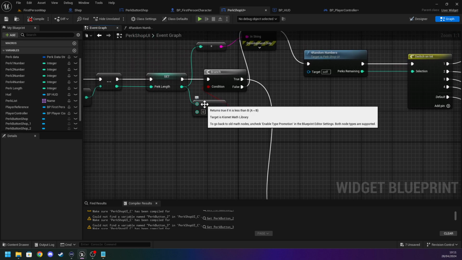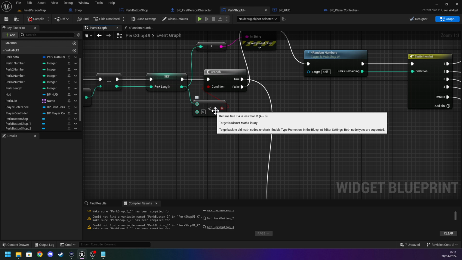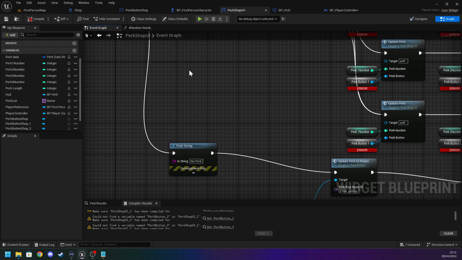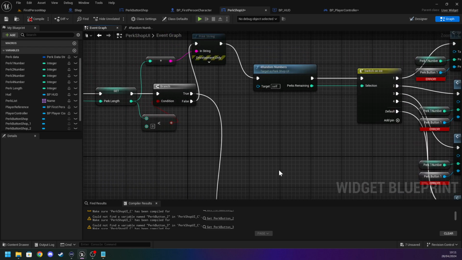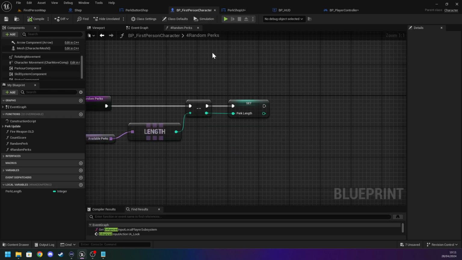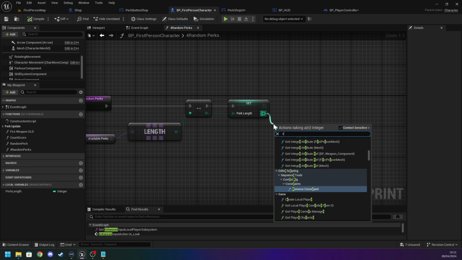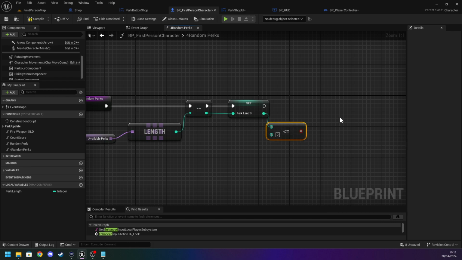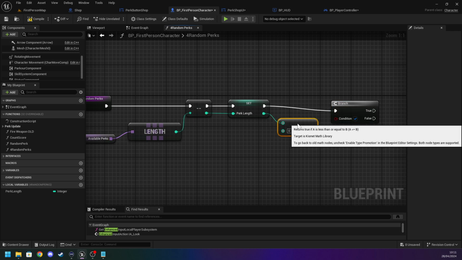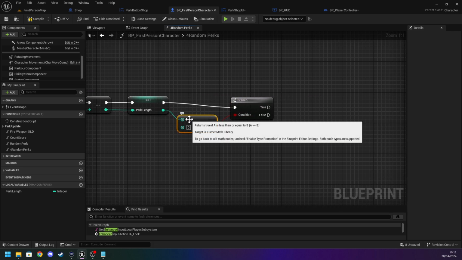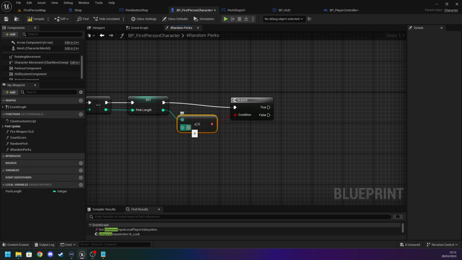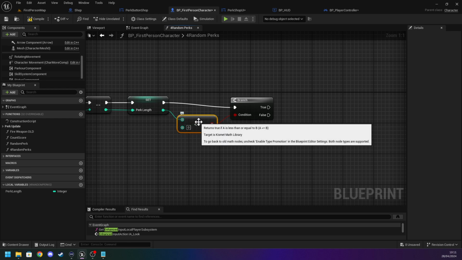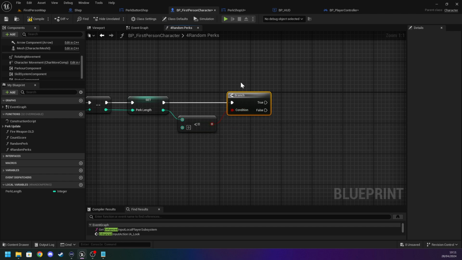Wait, how does that ever work? Hang on. If A is less than B, doesn't that need to be equal to? I mean, it must have worked, but that doesn't make sense. It shouldn't work. I'll do equal or less than. So is that less or equal to that? Do a branch, plug that in there. So if it's less or equal to 0,